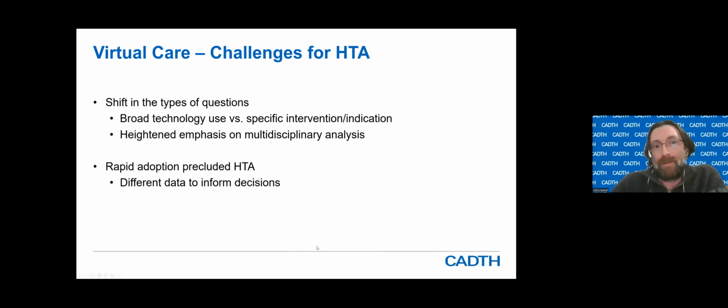And so that kind of assessment that we might have done would have been based on things like randomized controlled trials or other experimental study designs. But now that rapid shift has precluded doing that type of research potentially, and we're now looking at different types of data to inform decisions. And so the wide adoption of virtual care has provided an opportunity to use other data sources, things like real-world evidence, to collect data in real time to inform those decisions about what to continue and what maybe to discontinue.